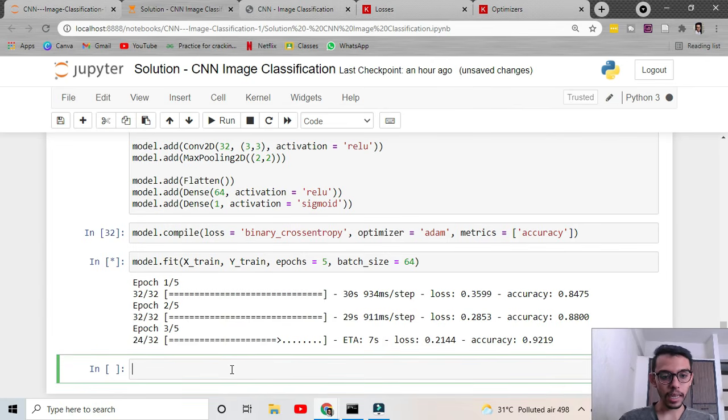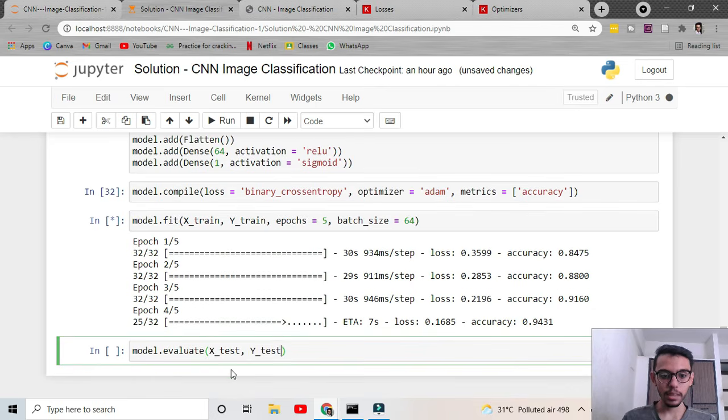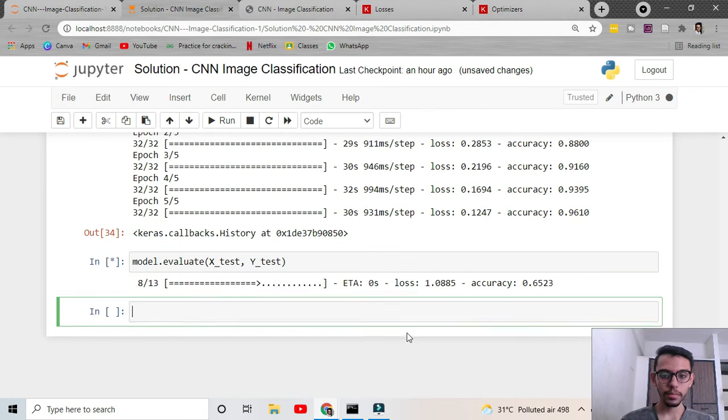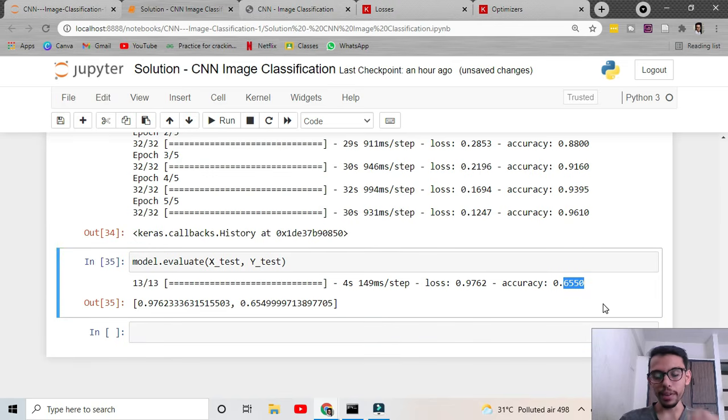While it is training, let's also write the code to evaluate the model's performance on the test dataset. Evaluation on the test dataset is done by .evaluate in Keras. We just need to pass the dataset here and it will evaluate the performance on the test dataset. So we have reached pretty good accuracy, which is 96.1%. Now let's check the test accuracy. We have reached 65.5% test accuracy, which is very low, but we have a very small data set